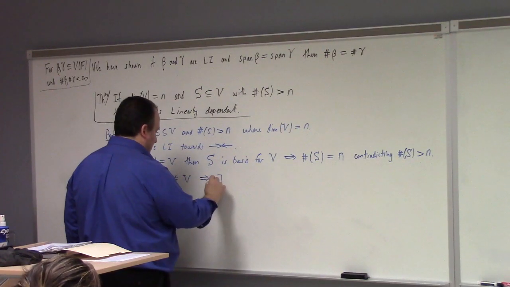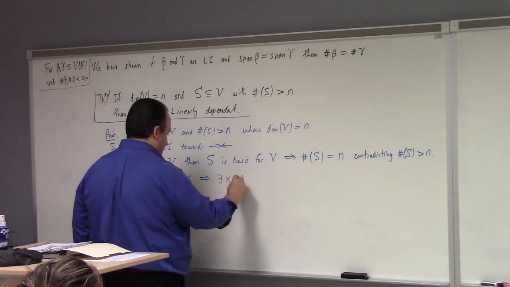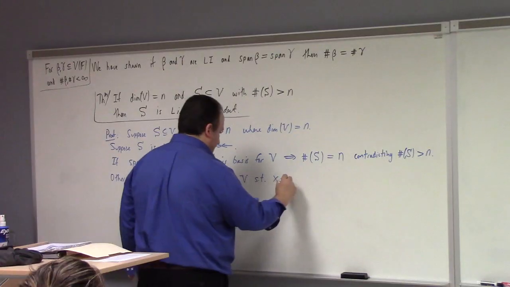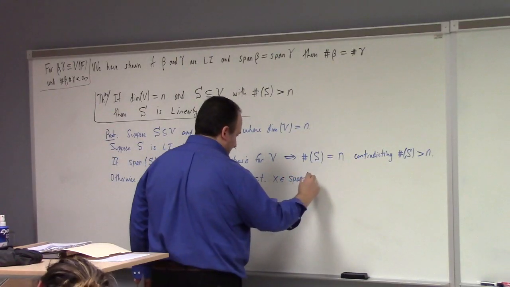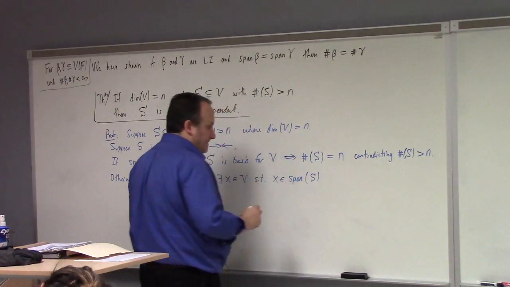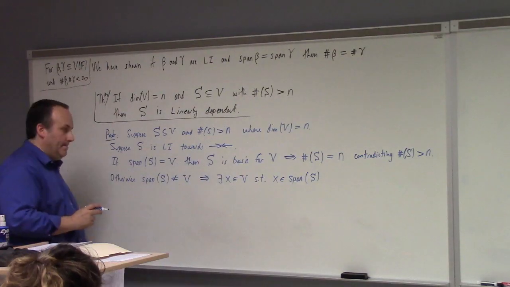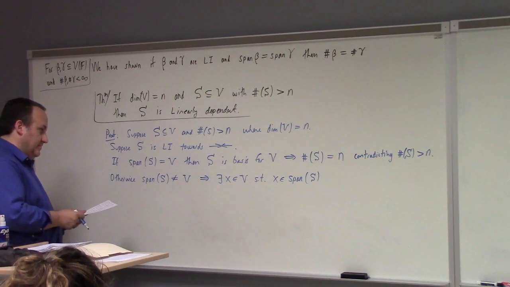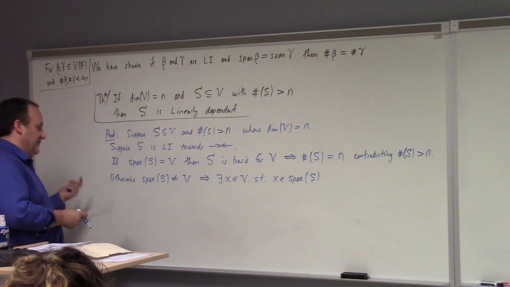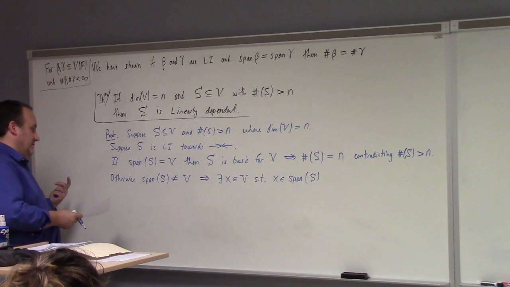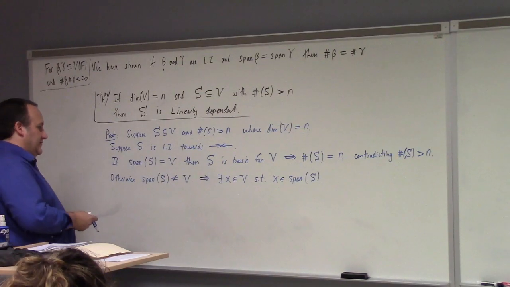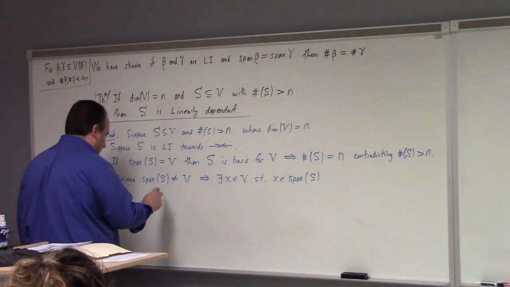Which means that there exists X in V such that X is not an element of the span of S, right? But that's, I'm drifting a bit. That's fine, but the real issue here is then,